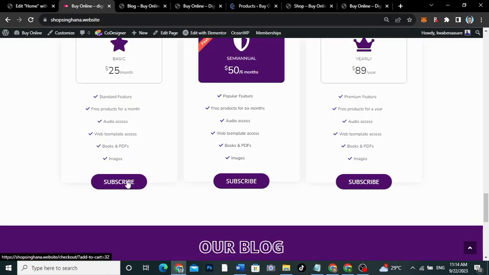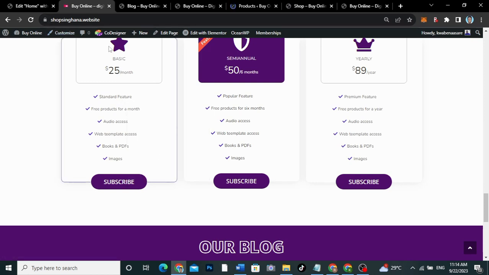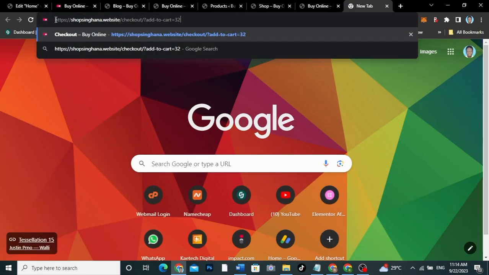Now if you look at this particular link over here, now there is a special link, so I'm going to copy this link so that you know what I'm talking about. There is a special link over here. Now let me just open a new tab and then put in that link. You see that your website name / checkout / add to cart equal to 32. Now this 32 is the product ID, okay, the particular product ID. So all what you need to do is change this one and change your website name, okay, and then you are good to go. So for me, mine will be just buy online